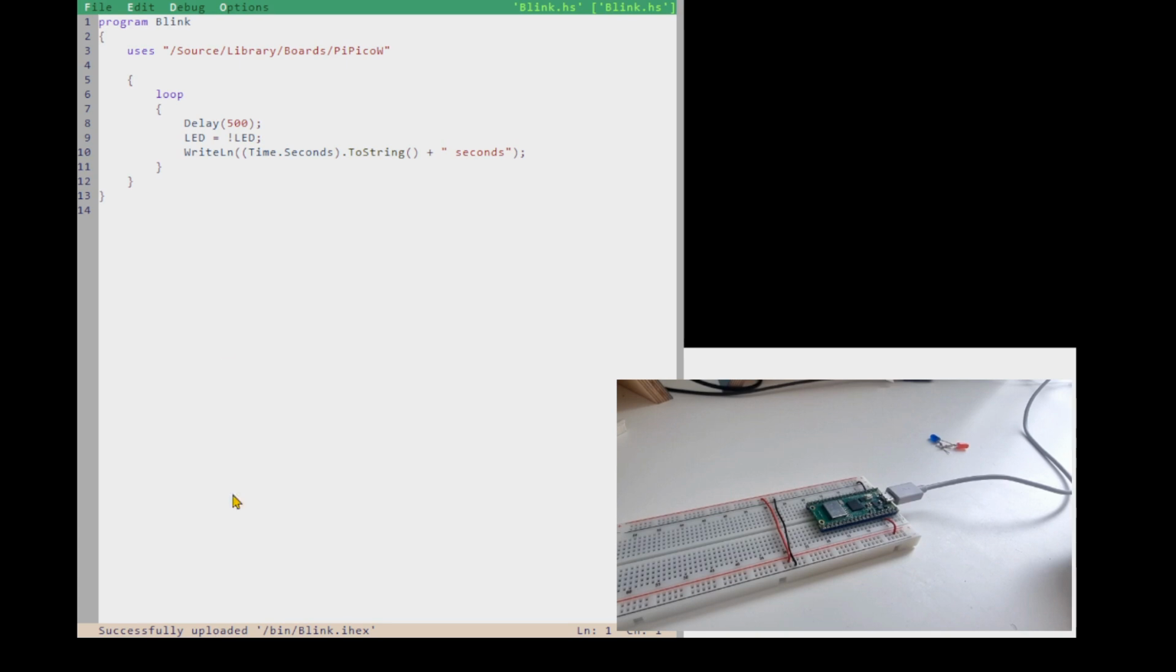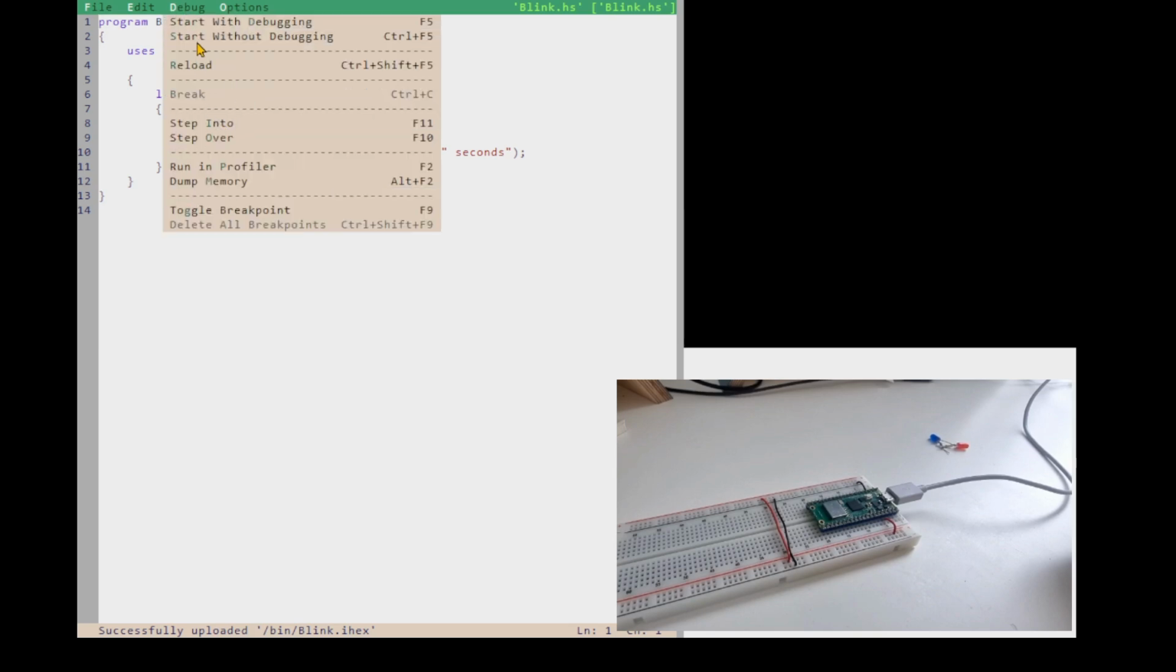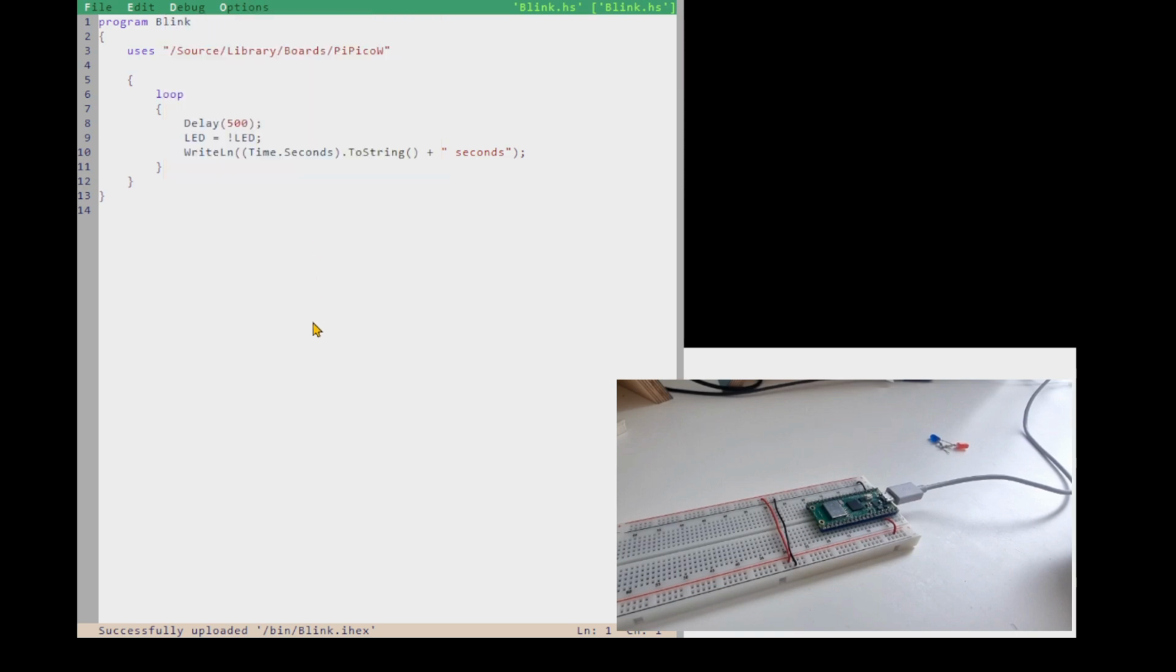And if you look at the top of the screen, it changed from blue to green. That means we're in the debugger now, not the editor. We can't edit here. And at the bottom of the screen, it successfully uploaded blink.exe. And then over here, I can just press F5 to start with debugging. So if I press F5 here,